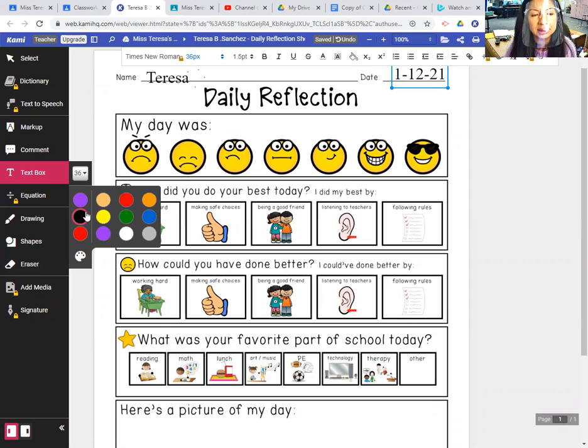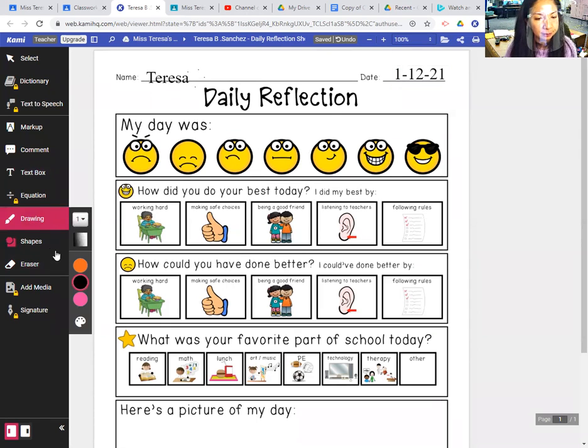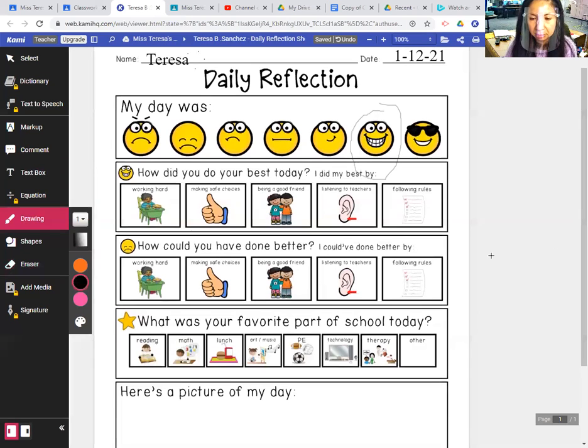So my day was, I will say it was in between. We'll say either a 5 or a 6. I'll go ahead and circle the 6 because it was nice. I did have 2 students that joined me for Zoom, so hopefully more of you will join me tomorrow and I'll be happier. Okay, so that was good. A couple of you did really good today. You were on most of the lessons.